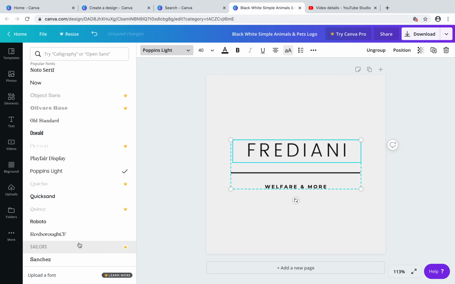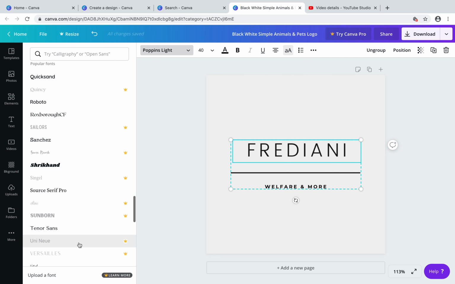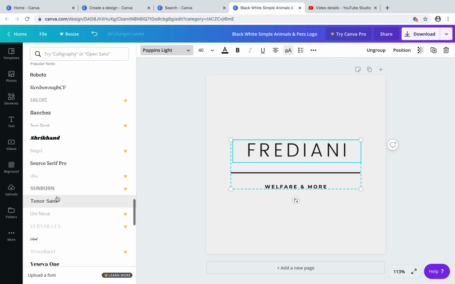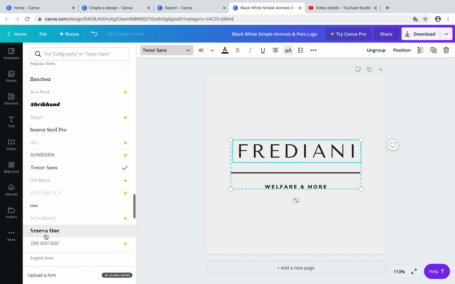It's soft. So it's sort of feminine, but still easy to read. See if there's any more. I like this one as well. Yeah, I like that little flick of the R, I think. Tenor Sans, I'll probably go with that one. I'll try this one. A bit too bold. Tenor Sans. Okay. And then